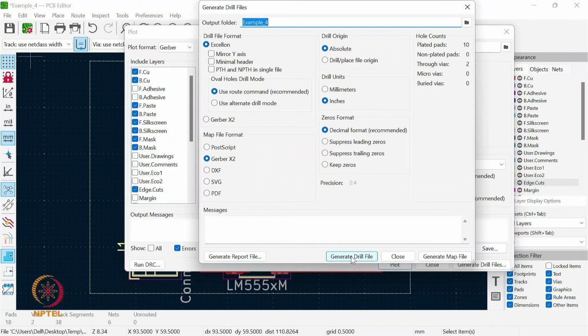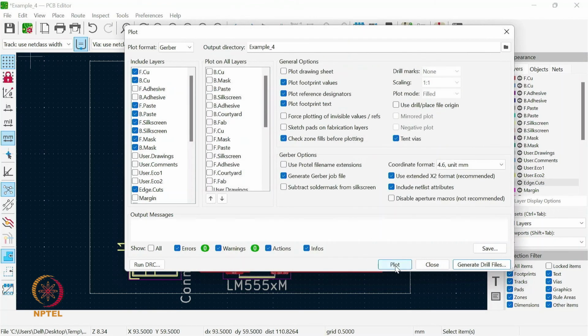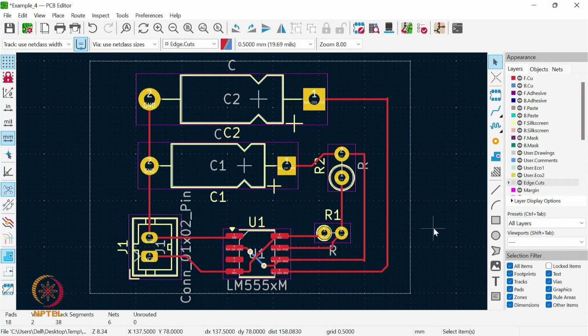So click on generate drill files, close, and then plot. All these Gerber files will be available in this output directory. You can specify the path. If you want a different path, you can explore using this button here and specify the complete path. Inside that folder you will have all the Gerber files available from the software,